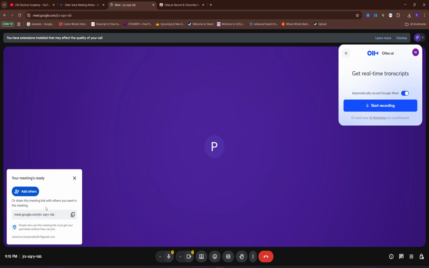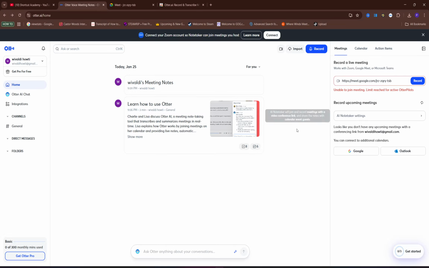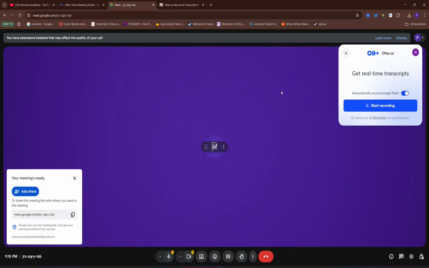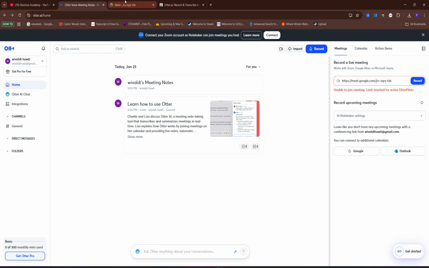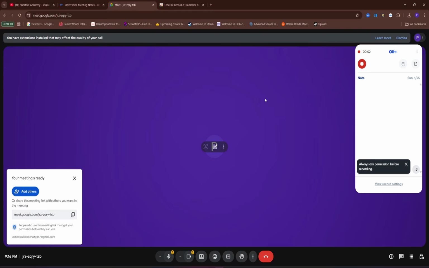Now, the other thing is that you can copy the link of your meeting and go here to your profile at otter.ai, and on the right side you will see meetings, where you can paste the URL, like that, and hit the record button. Now these two options work the same, so if I hit start recording here, it basically